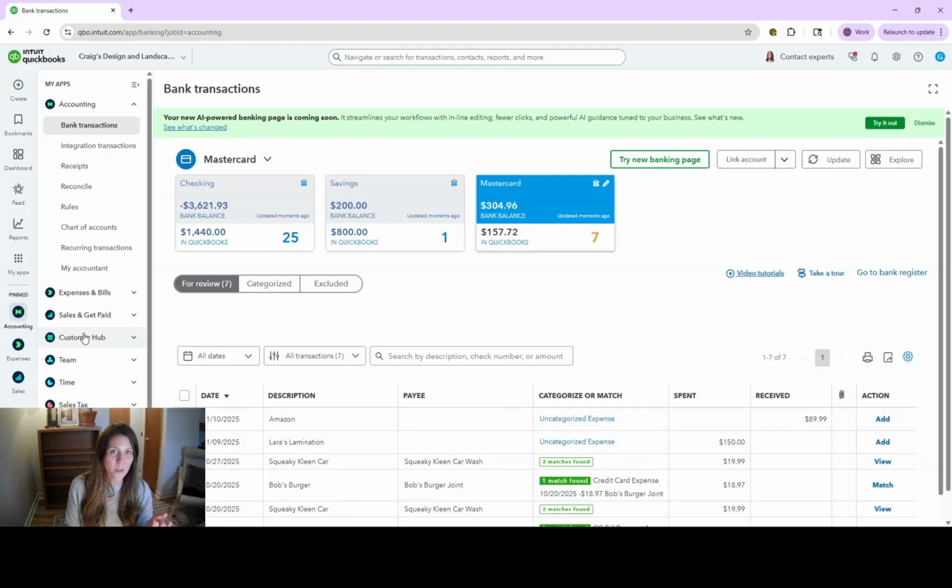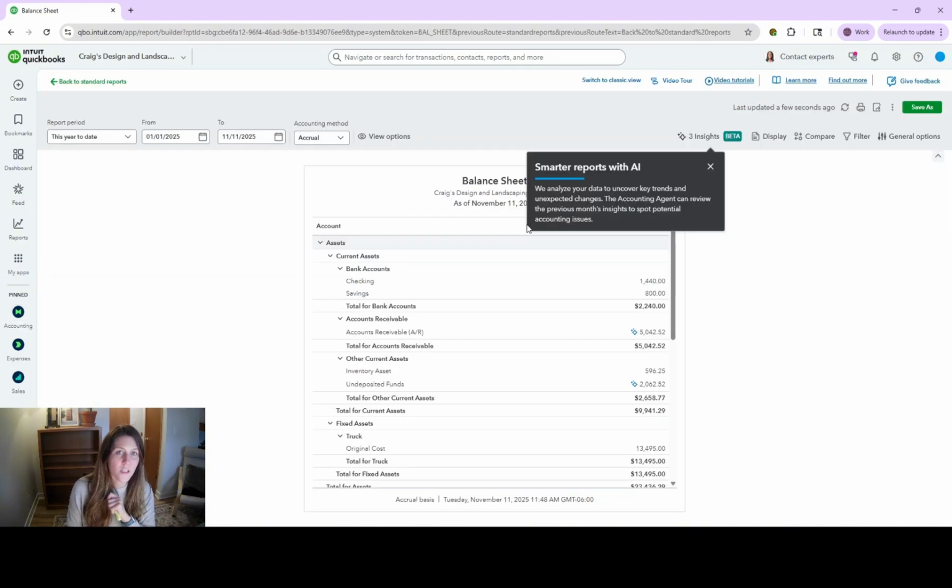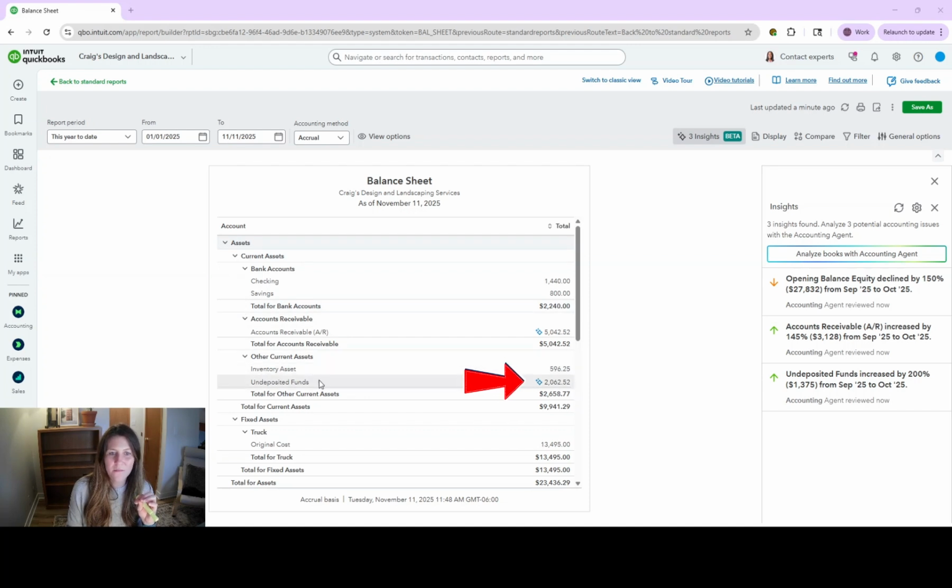And then when that bank deposit syncs through the bank feed into this linked checking account, you're going to be recording that customer payment again. Okay, so you would be overstating your income, which is not something we want to do. Another really good way to check this is to go to your balance sheet and look at your undeposited funds